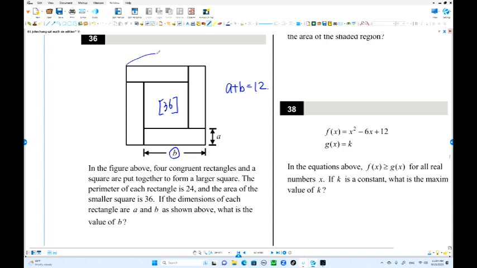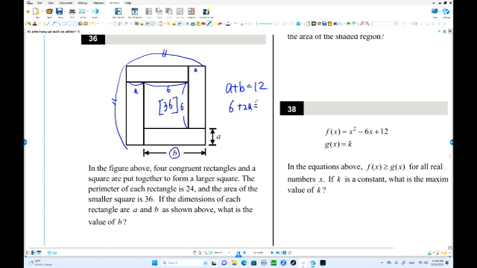But this is also a square, right? The sides must be equal. So what is the length of this side? This is 6, and another 6. This side is a, and another a. Okay, 6 plus 2a, you know that. 6 plus 2a equals